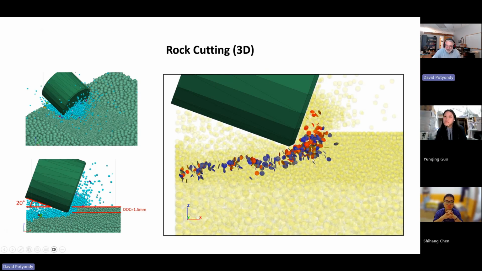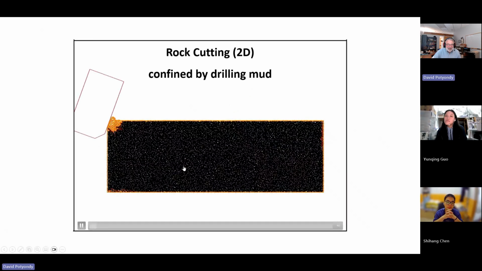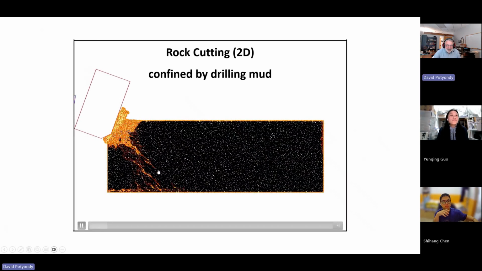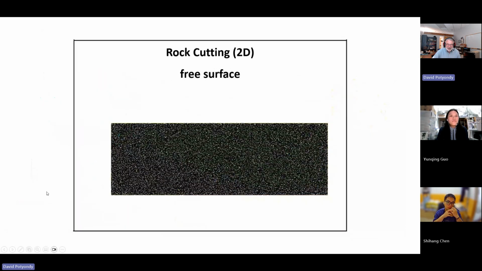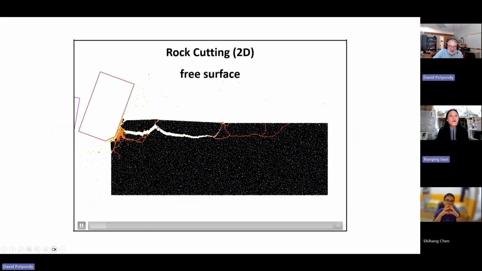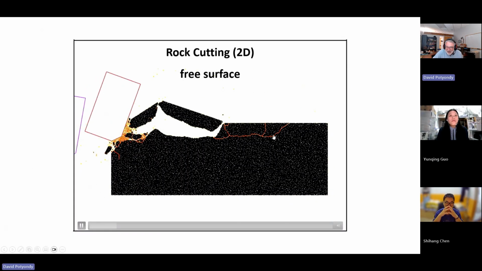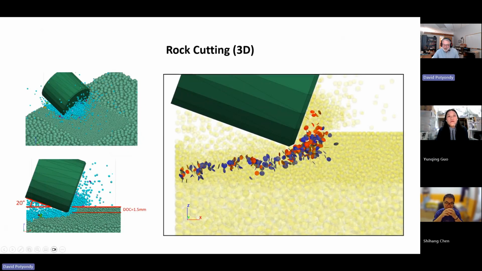So these things in 3D correspond to these red things here, these broken bonds. You see it better in this one, right? When a bond breaks, we draw a little red disc, a little red line. In 3D, we draw a little disc, right? The disc has the same diameter as the average diameter of the 2 particles that just broke at that contact,